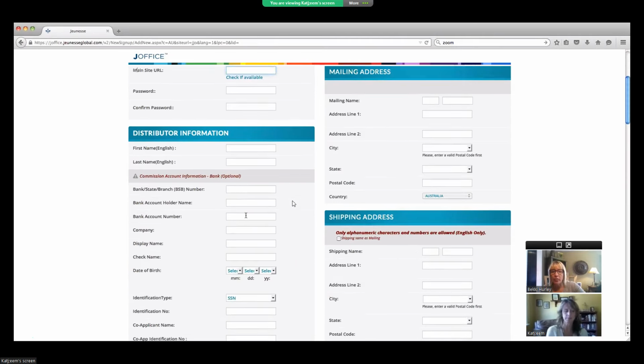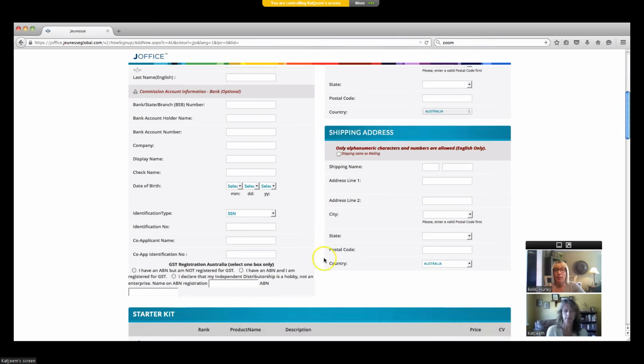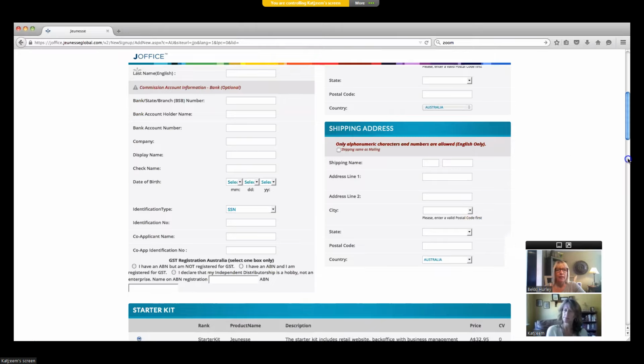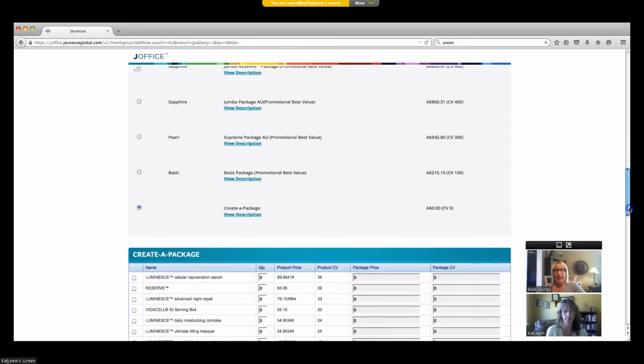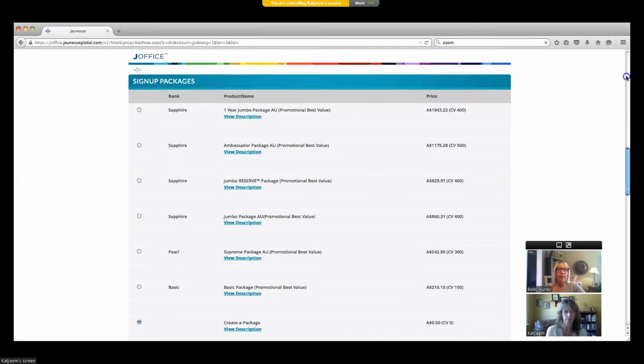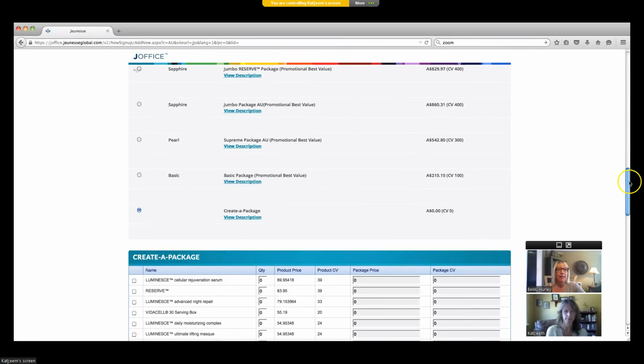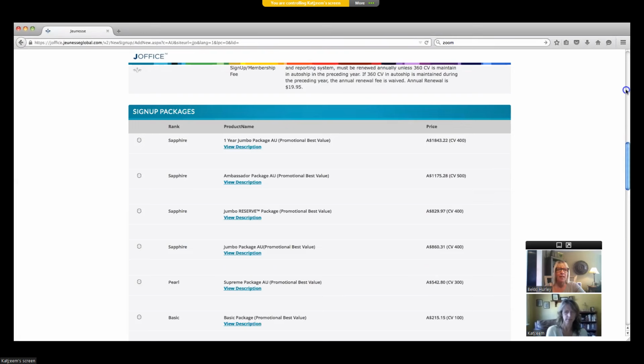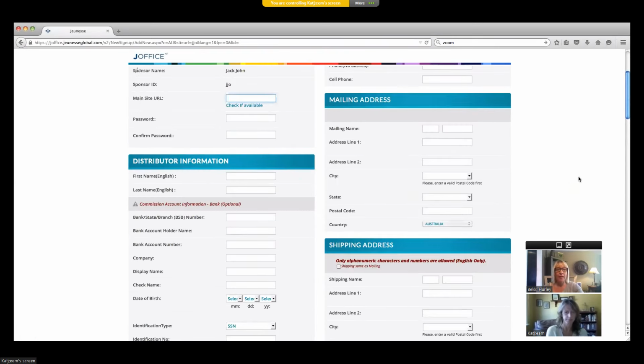I am going to also show you here, while we're going through this part of it, because sometimes, and I did it at the beginning as well, once this is all filled out, people are down here and wondering, well, what am I going to get? Sometimes this can actually time out. And when they go to hit the continue button, it hasn't completed, but it may put them into a pending mode. So they might go back in here, join again, and put in all their information, their identification type,